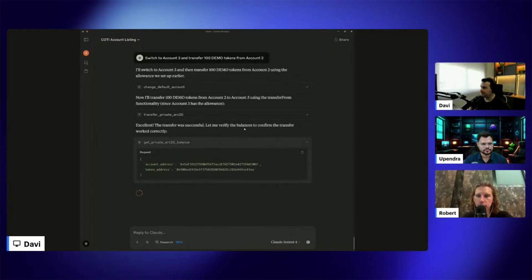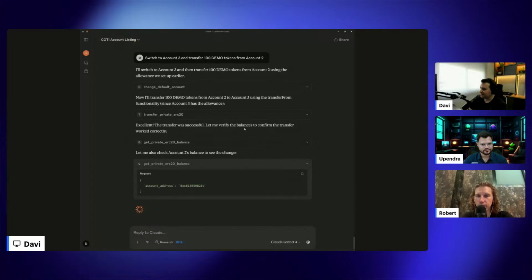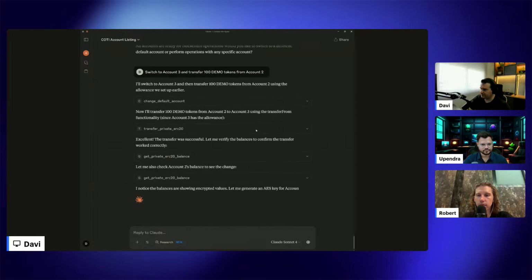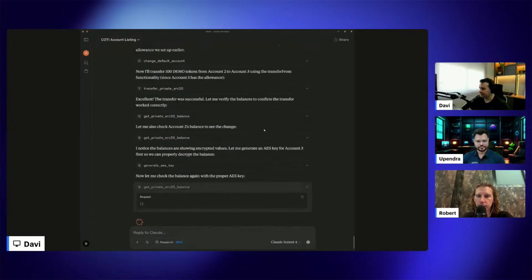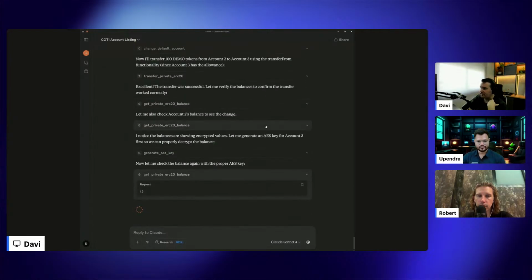Now Claude is doing the work for me to call the balance. It's checking the balance of account 2 and probably account 3, right? We forgot to generate the AES key for account 3, so Claude is doing it for me now. Because in order to check the balance, we need to decrypt the balance, so we need an AES key to do that.